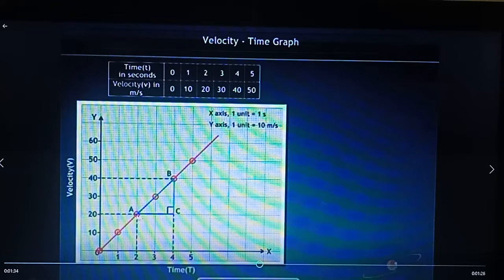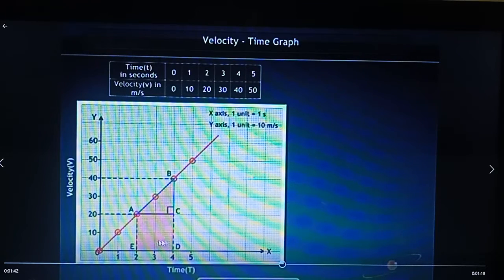Now we will calculate the area under this curve. Now the second advantage of velocity time graph is, now we are taking this point also, ED, now taking this full area. It is comprising of how many areas? Two areas, that is area of this right triangle and area of this rectangle, comprising the full area.